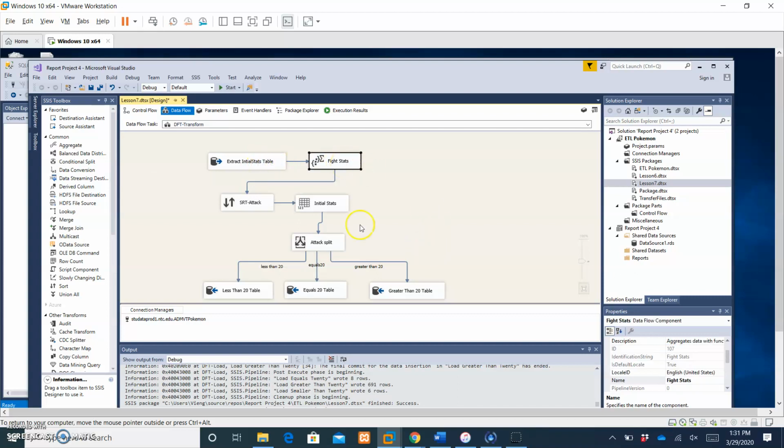I did an order by in the aggregate, and then I sorted it by the attack. The initial step just counts the row count, and then I split by the attack, and I made it less than 20, equal to 20, and then greater than 20. So I had 3 different tables. You can put in a number, it doesn't have to be 20, but I chose 20, and figure out which Pokemons